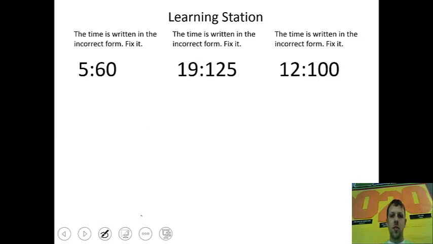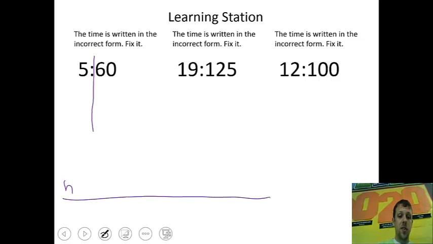The first thing you need to know is that hours are separate from minutes. So it's always good to take the colon and split it into two parts. Another good thing to remember is how many hours versus how many minutes. And I like to roll my 60s. So in 1 hour, or 2 hours, or 3 hours, I know that there's 60 minutes in 1 hour, so